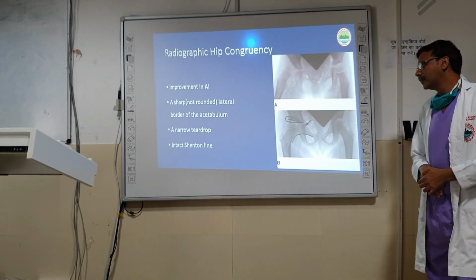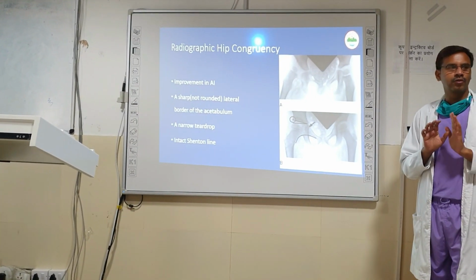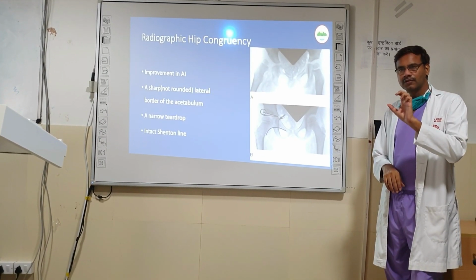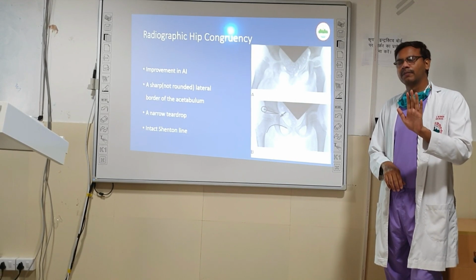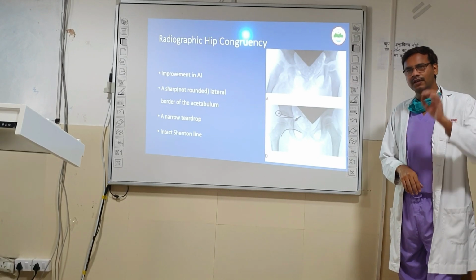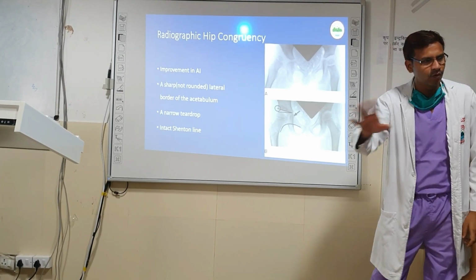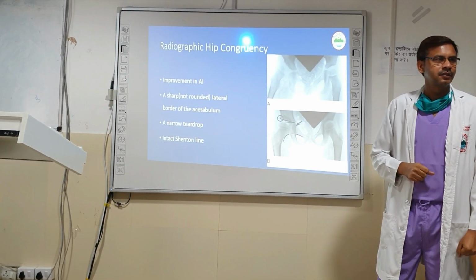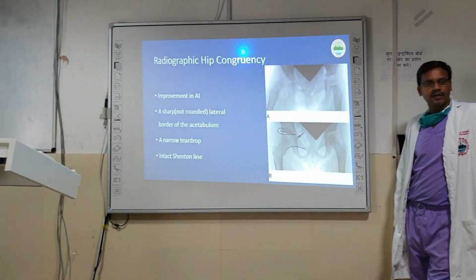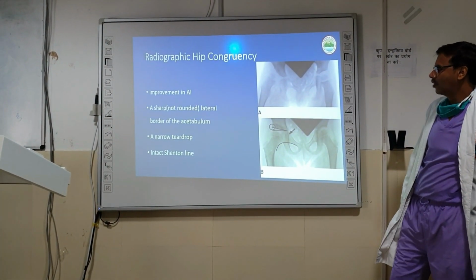Now radiographic hip congruency. You should always assess your X-ray whether the hip is congruent or not congruent. A hip on a cursory look looks okay, but may not be inside the acetabulum. It may be an incongruent reduction. That's why in a trauma scenario, whenever an adult patient comes to you with hip dislocation, you should always go for a CT scan. Why, Watson? You can pause. So in cases of hip joint, you should always look whether the hip is congruent or not. Now, how will you look?